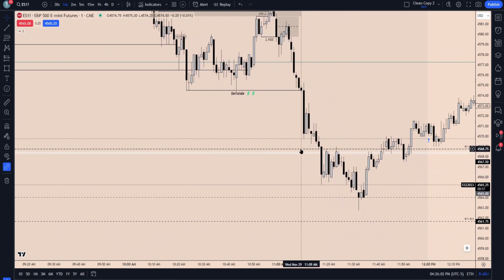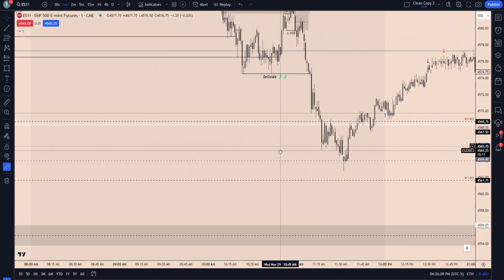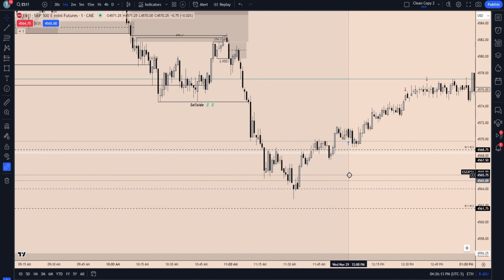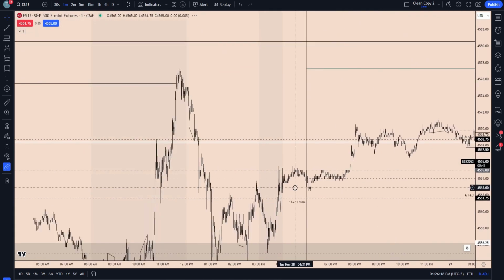So we had first the new week opening gap, right? Another set of new week opening gaps. And then we had our new day opening gap level here. As price starts delivering into all of these areas, we're just following it, right? Seeing how far it wants to go. We notice that once we hit these new day opening gaps, we clear quickly the equal lows that was created